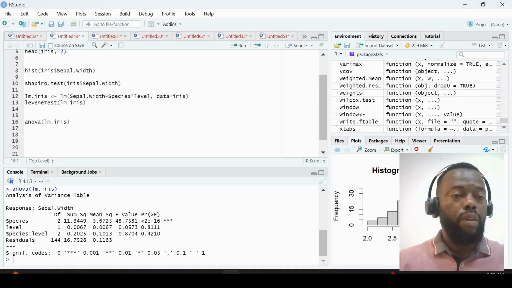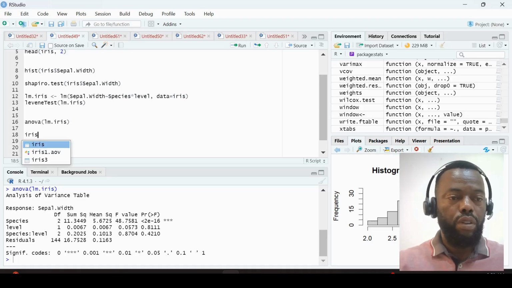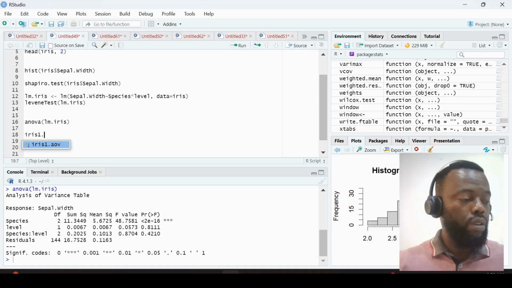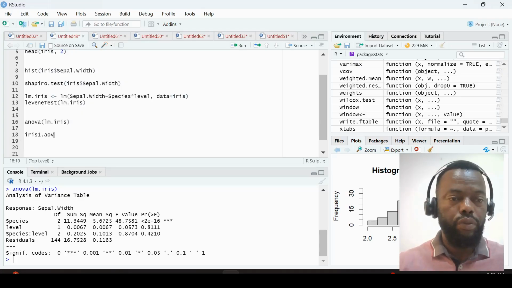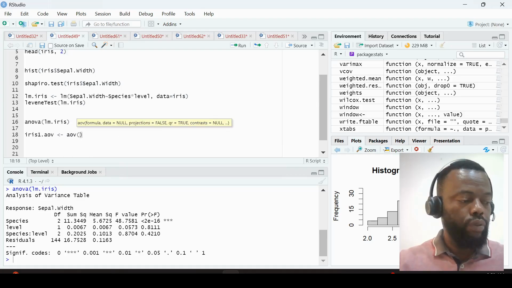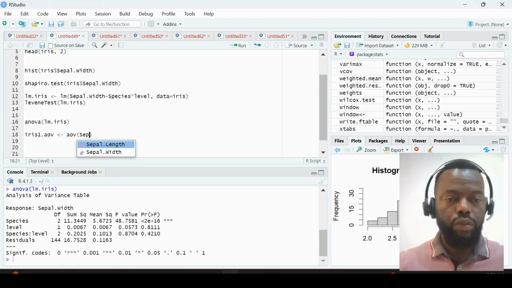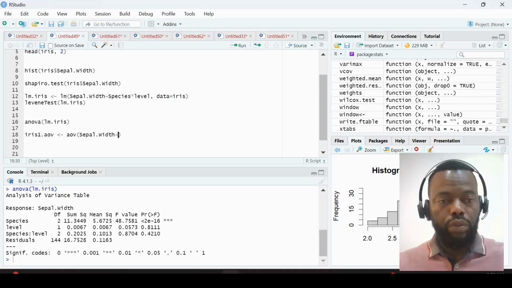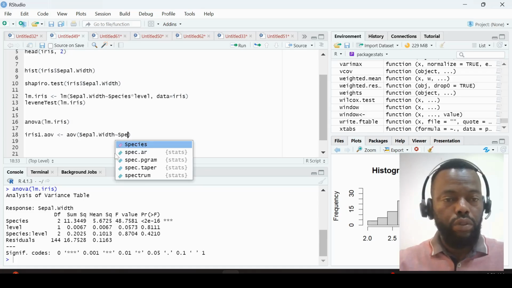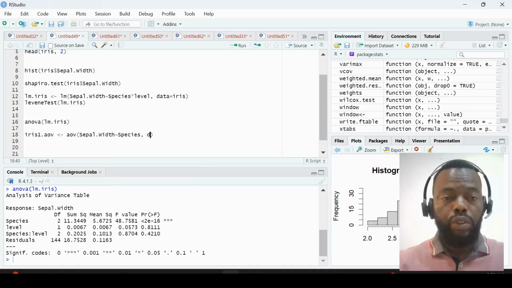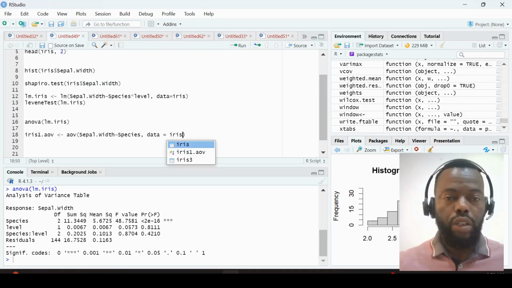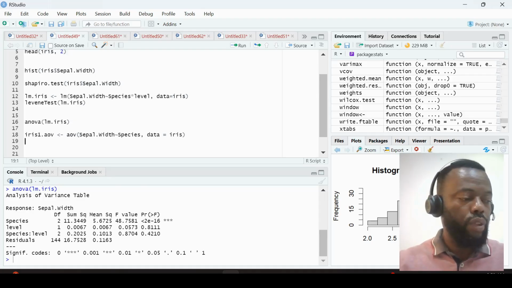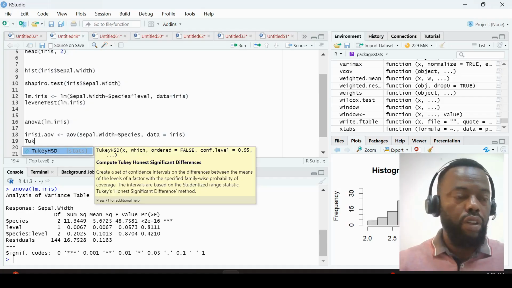So follow-up test. So we have data, iris, and then the follow-up test that we run for this case is